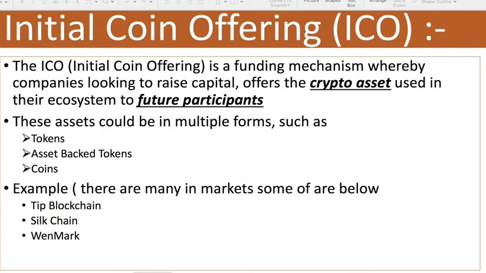Asset backed tokens are another type of crypto wherein the funds raised in the ICO are used to purchase a pool of predefined assets to which the token holder has a claim. One such example is USD Tether, where each token issued is backed by one United States dollar. Now, Tether is also called a stable coin because it is designed to always be worth $1.